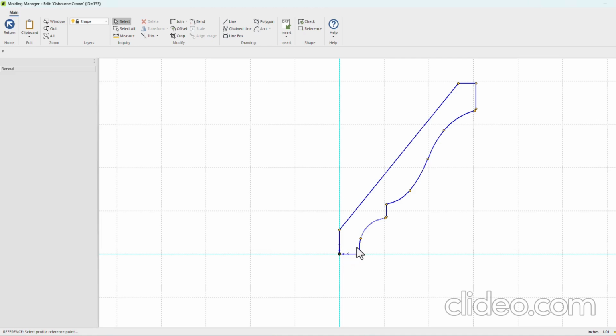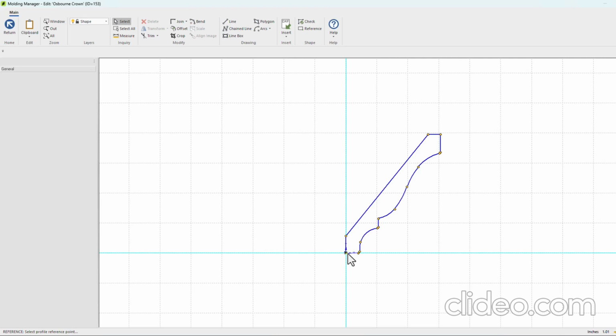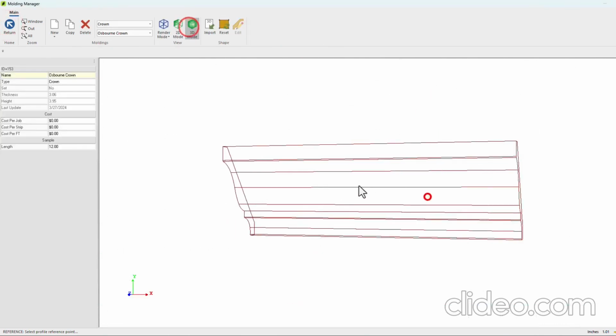So, if you're putting an AO trim on top of a frameless cabinet, put the reference point 7/8 inch back from the front so it overhangs. There are a couple times when the reference point is not right in the corner, but most times it's going to be just right in the corner, so that the elevation and the end out are right in the corner. Okay, so if I hit return, now if I go to 3D mode,